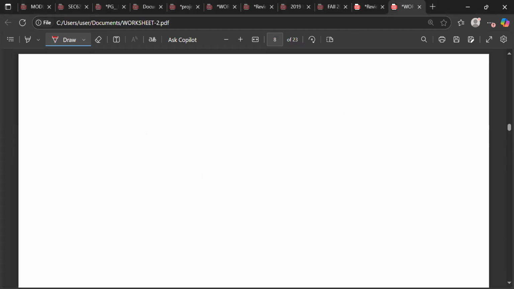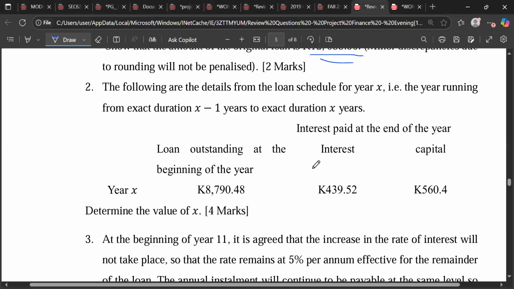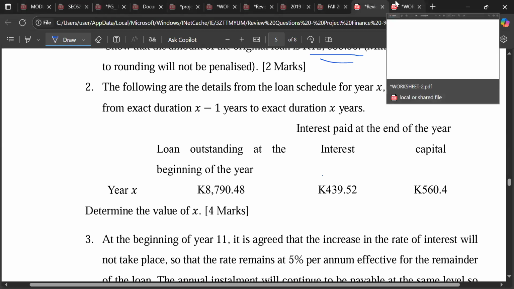So what are we doing here in this case? This is actually not as hard as it may look. It's actually quite simple. All we're doing here is checking the balance. The interest is given to us here, right? We're given this here, right? Now, if you look at your interest factors,